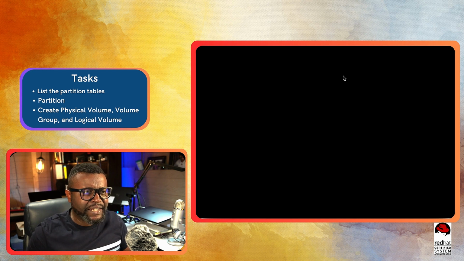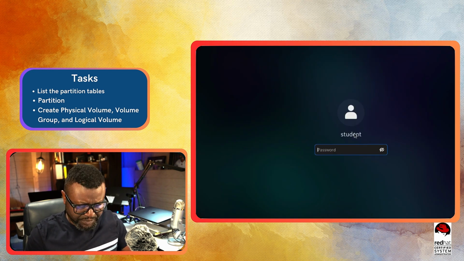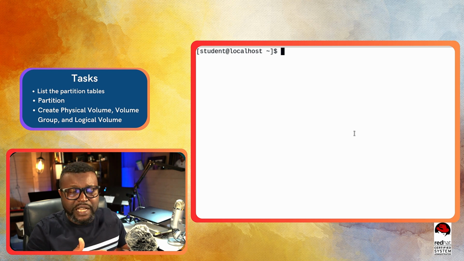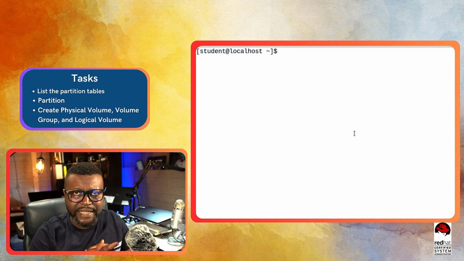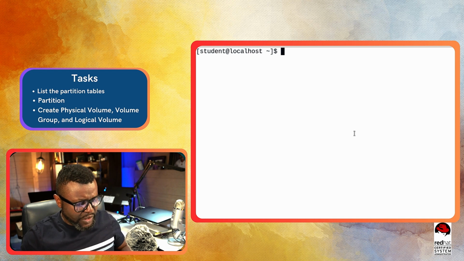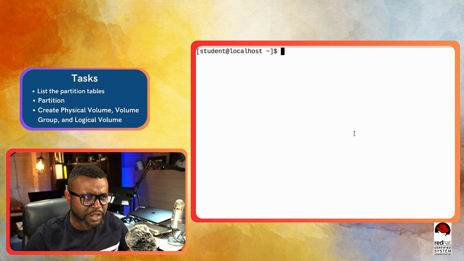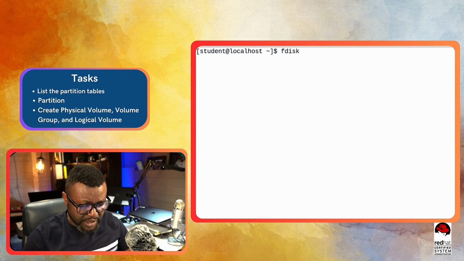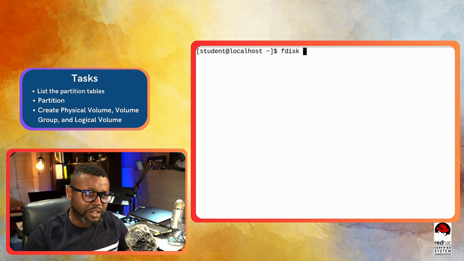I'll take you to my terminal here. In this video, I'm using CentOS 9, which is an exact replica of Red Hat Enterprise Linux 9. The first thing we are going to do is list the partition tables we have on this system. The way to do it is by using the command